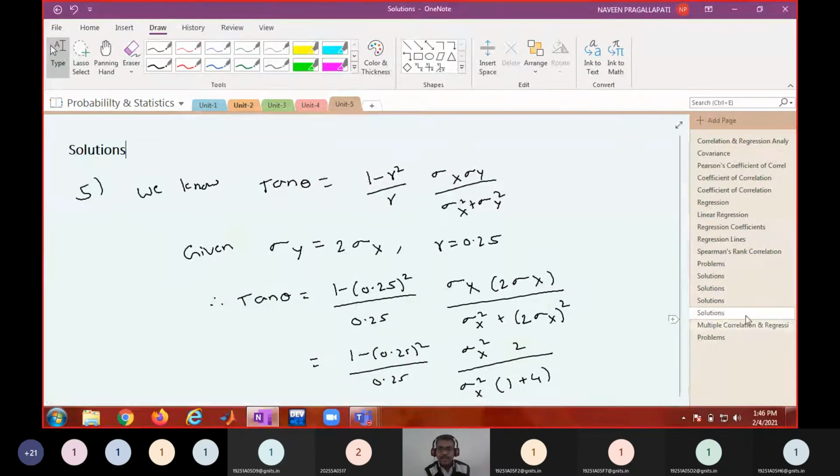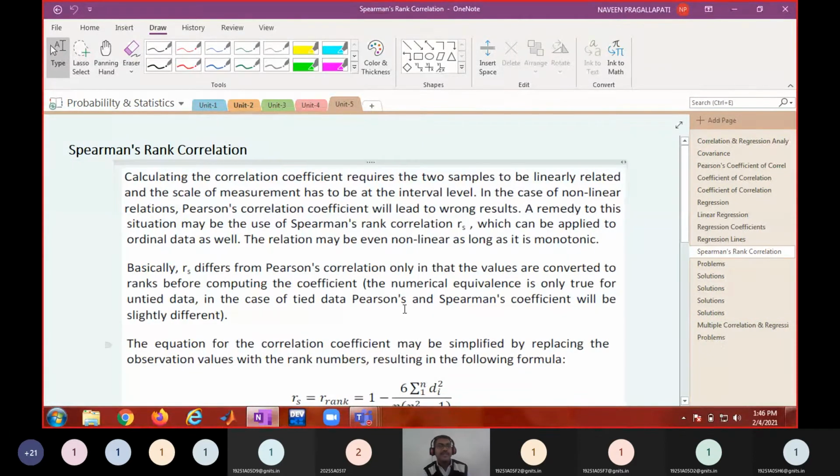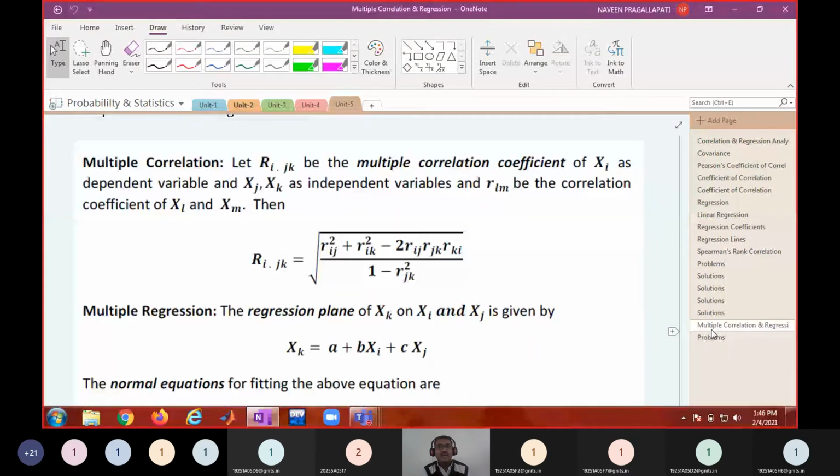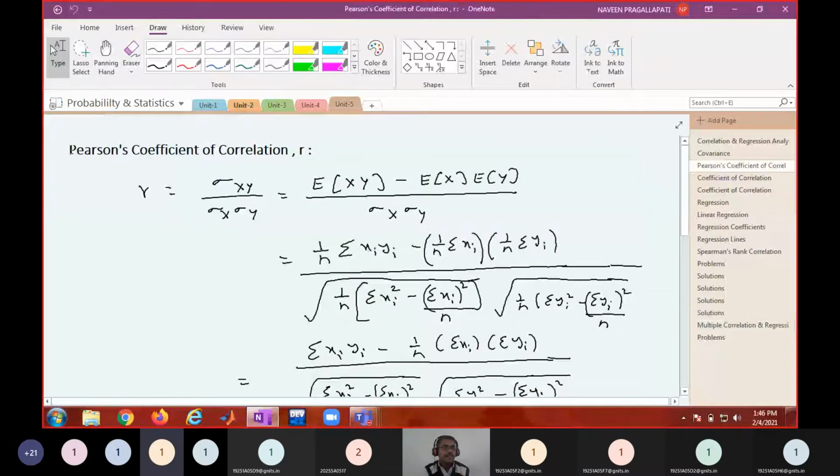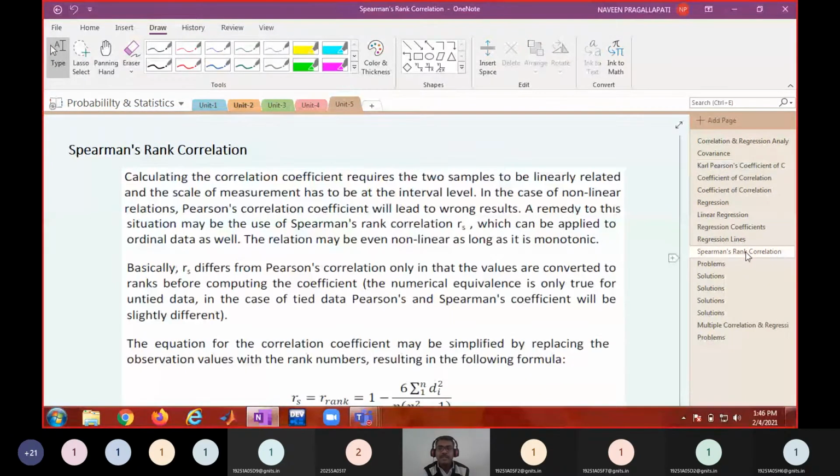So next one is about Spearman's rank correlation. See, there are different definitions for the correlation coefficient. One formula is Pearson, Karl Pearson's coefficient of correlation. The other one is called Spearman's rank correlation. This will be applied